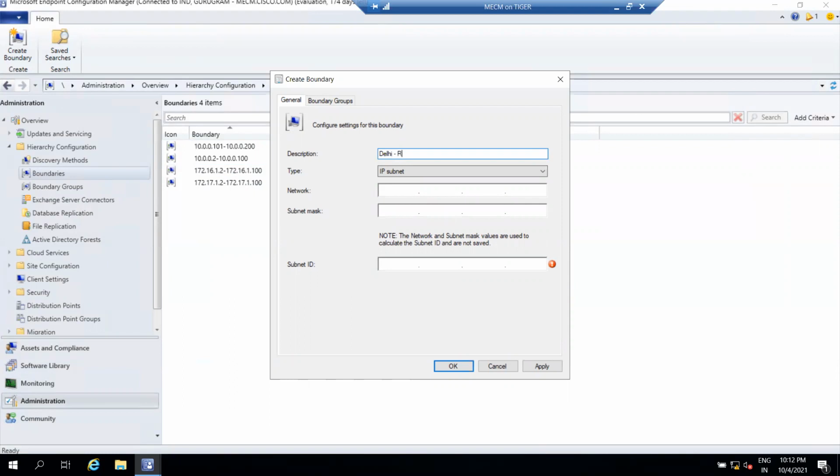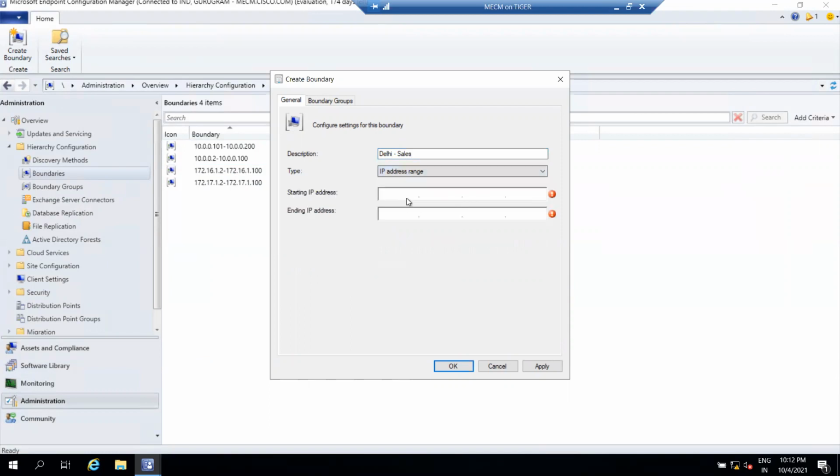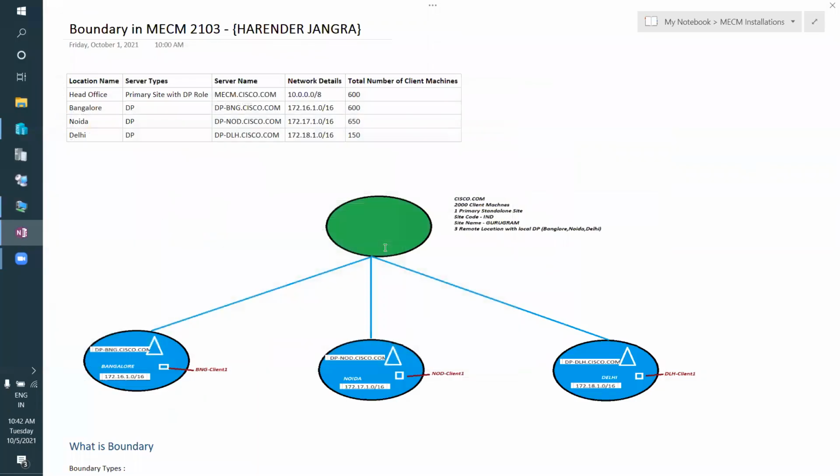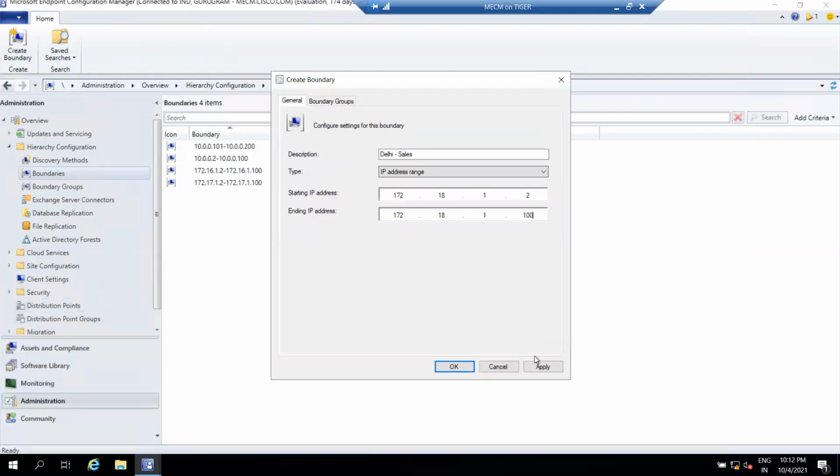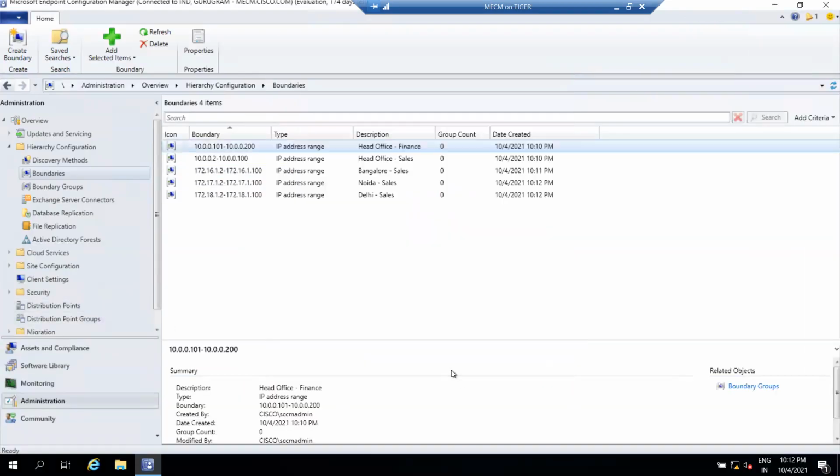For the Delhi remote location, we are creating it for the sales department. Choose the type of boundary, IP address range. Sorry, 172.18.1.2 to 172.18.1.100. Click on Apply, click on OK.